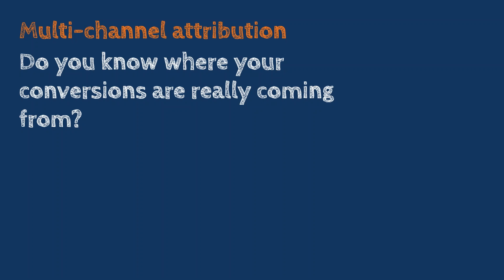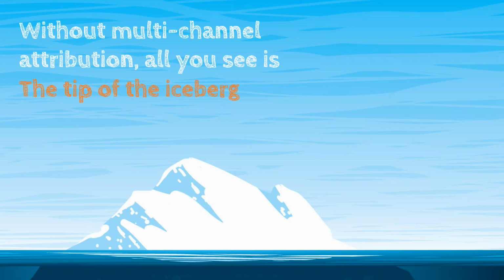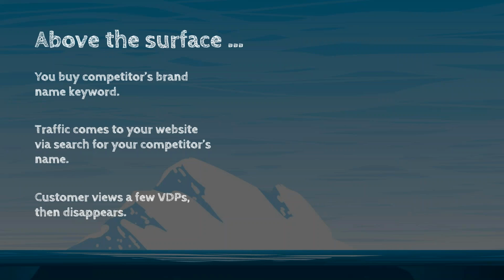Once you have set up all of this, we also want to make sure that we understand the entire customer journey and how much value all of our off-site marketing is doing. Typically, where you're going to be spending money is on marketing media like paid search or social that isn't going to have a direct click-to-lead or click-to-phone-call customer journey. Let's say you're buying one of your competitors' branded terms on paid search. Someone comes to your site, checks out a few VDPs,